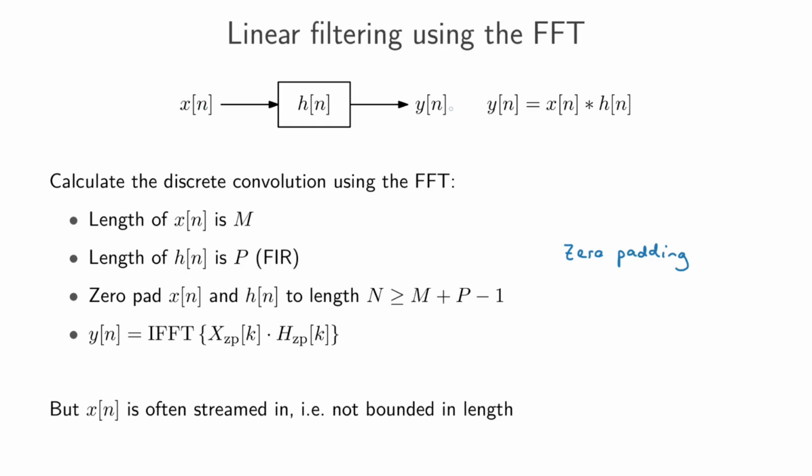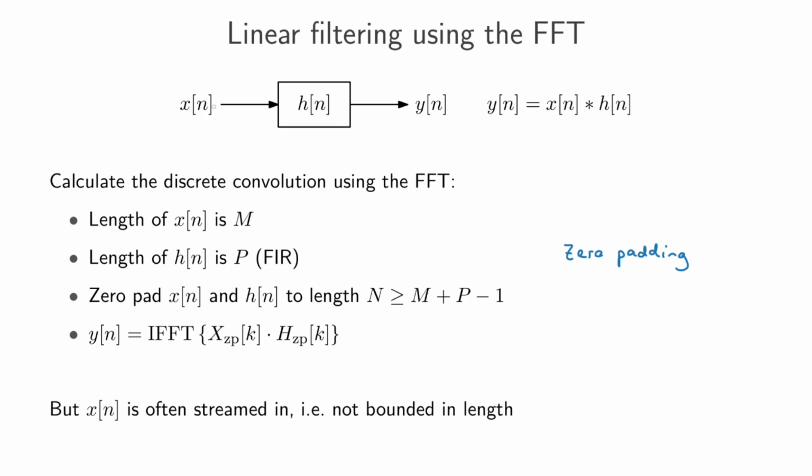For example, you're at a show and you want to apply some filter to the person singing. You don't want to wait until the last note has been sung before you're producing some output through the speaker. You might be willing to wait a little bit, record a few samples, but then you need to start playing, because otherwise the audience is going to get pretty frustrated, and it will sound pretty weird if you record the whole song and only then start to play back the output.